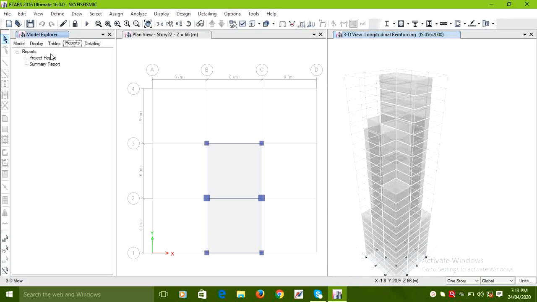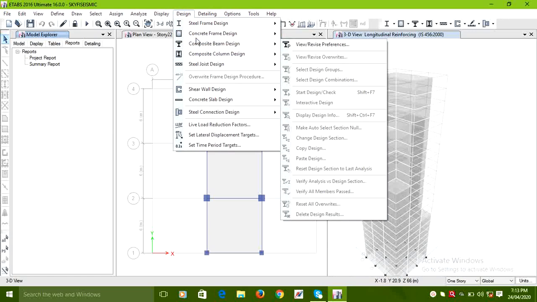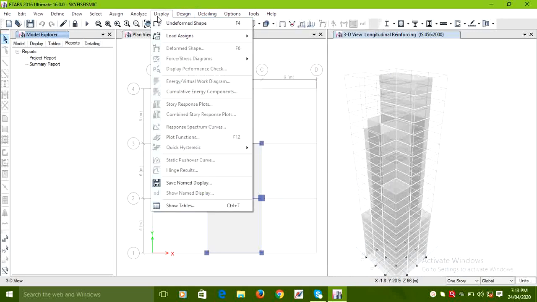Also we can see the reports under project report and summary report. The detailing option, so various stress diagram can also be viewed from display option. Thank you.